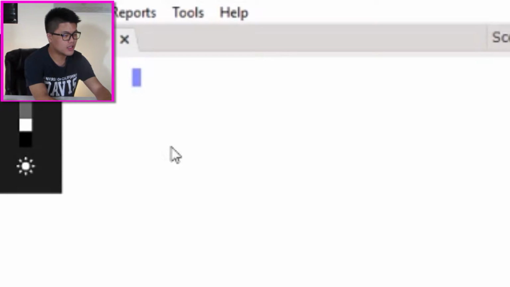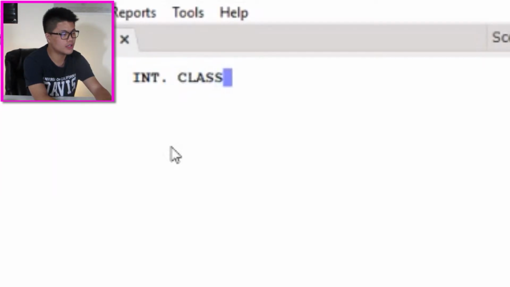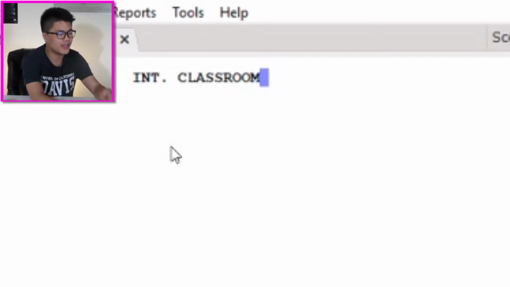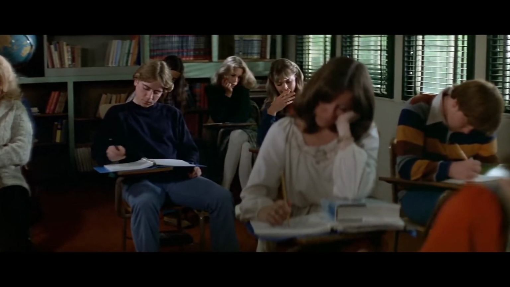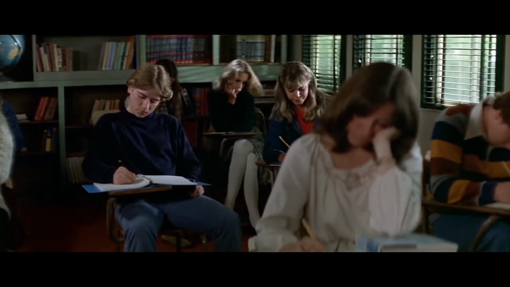As you can see, we're gonna start with interior classroom. We're not gonna have any fade-ins, nothing like that. This scene happened pretty early in the film. I think it was like the 16-minute mark or something like that. So Laurie, the character, doesn't know who Michael Myers is yet, so we're gonna describe it in a different way. Interior classroom, day. The beginning of the scene is we start from a wider angle and then we move